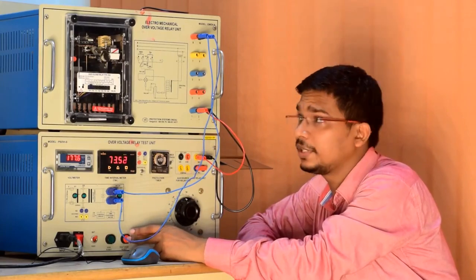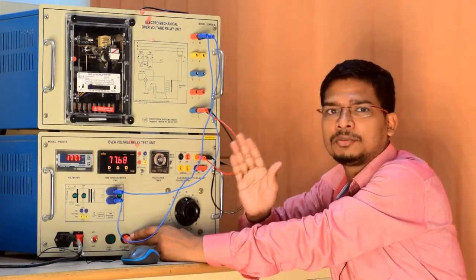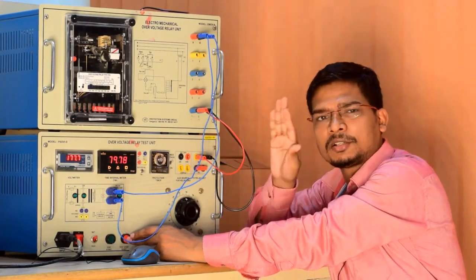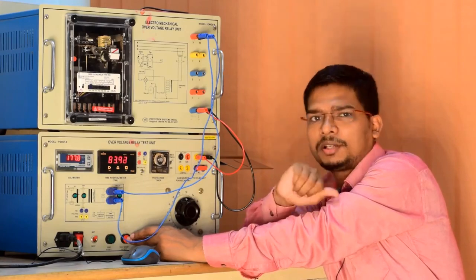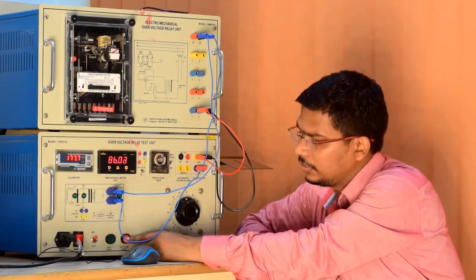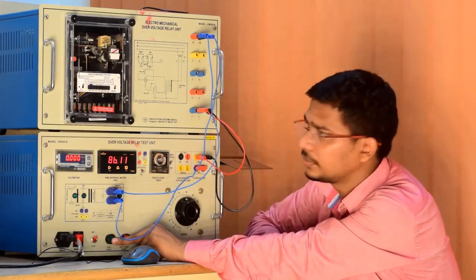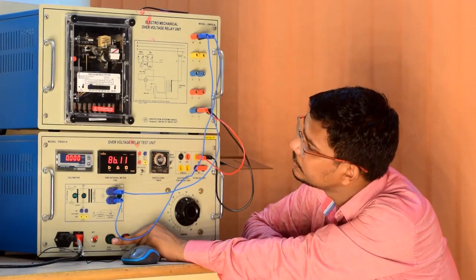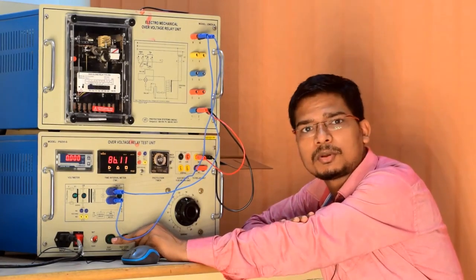To avoid that, you have to wait. That is the reset time. The relay is taking some time to reset. We have to wait for the relay to reset. If the relay has not reset and you apply the voltage again, you will get the wrong trip time. So reset, then wait. The disk is moving right now. Okay, you have to wait. Okay, this came to its home position.